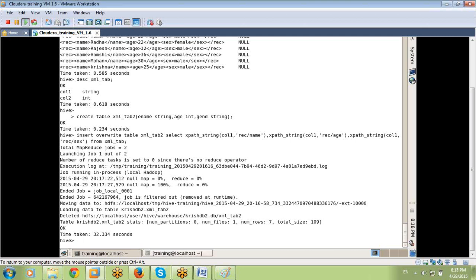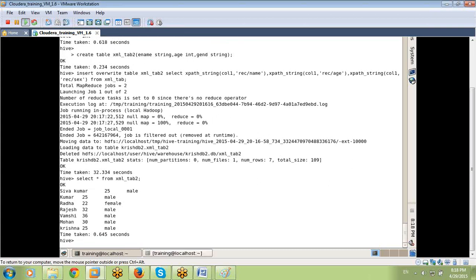I want to see the data. Select star from XML tab, enter. The data is properly loaded now. The first column and second column data are completely loaded clearly.